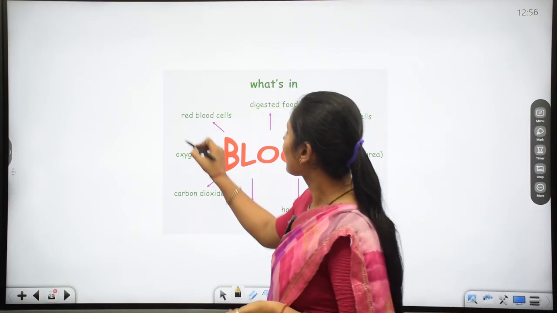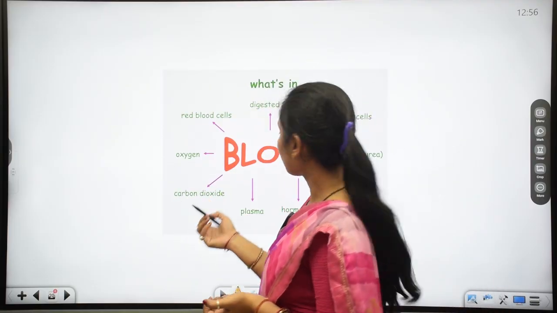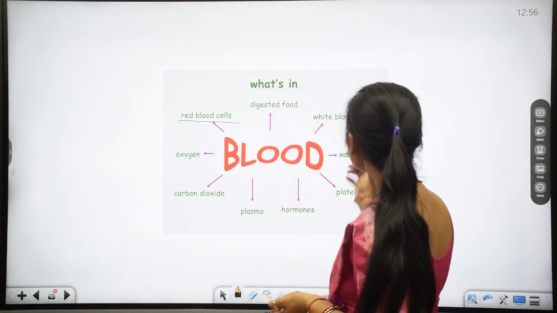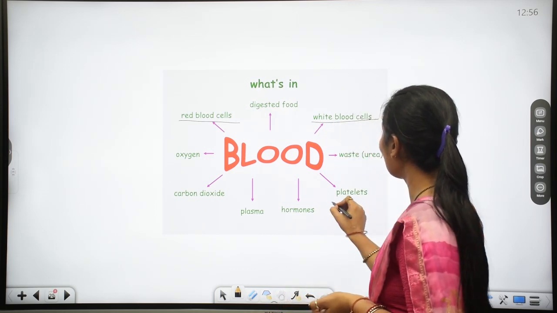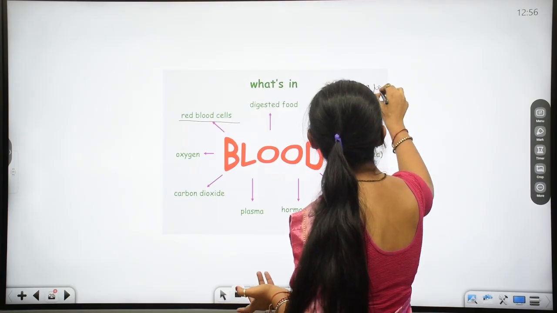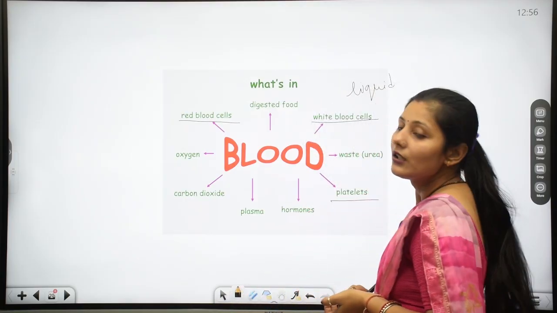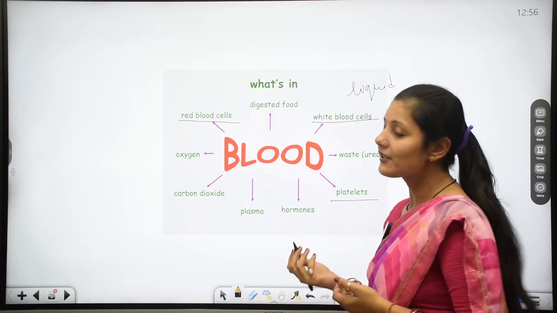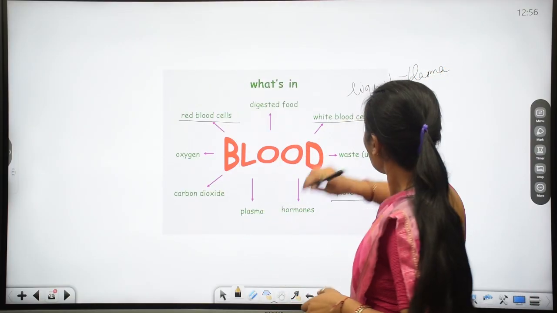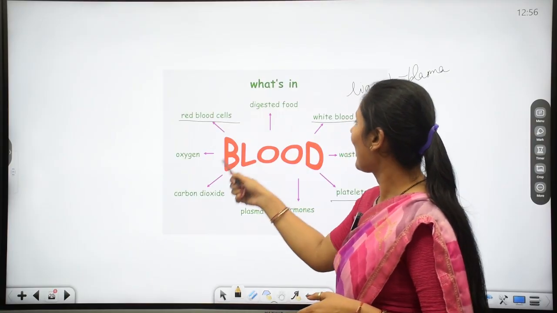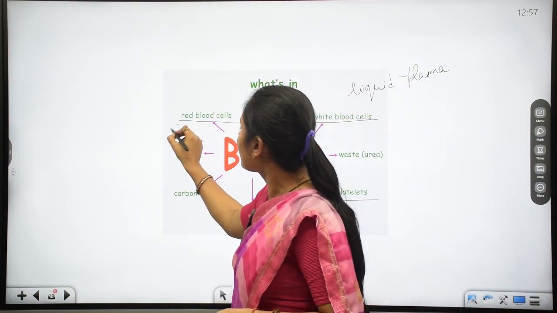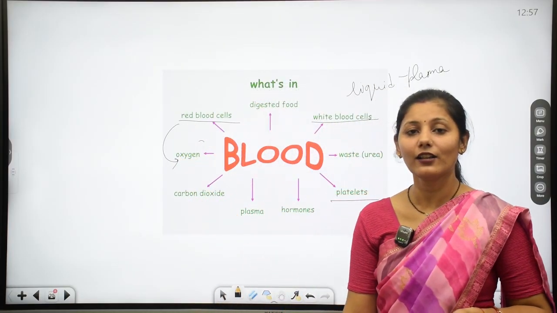Okay, blood has cellular part. In the cellular part of the blood, it has red blood cells, which is known as the RBCs, and the white blood cells, which is known as the WBCs, and the platelets, and the liquid part which is responsible for becoming the blood as a fluid, is known as the plasma, which contains the hormones, carbon dioxide, as well as the nutrients. Now these RBCs are responsible to carry the oxygen inside our body.